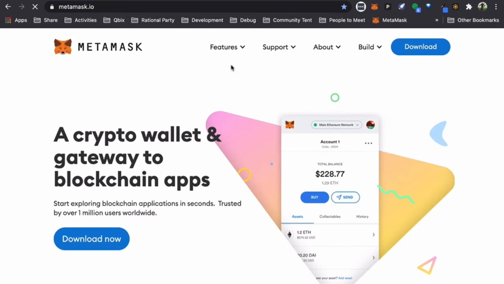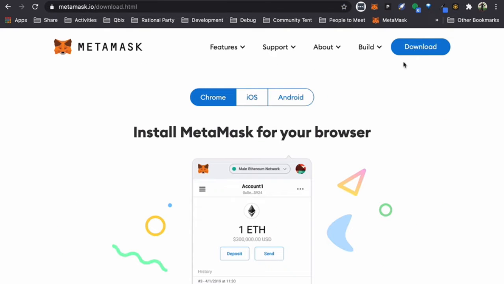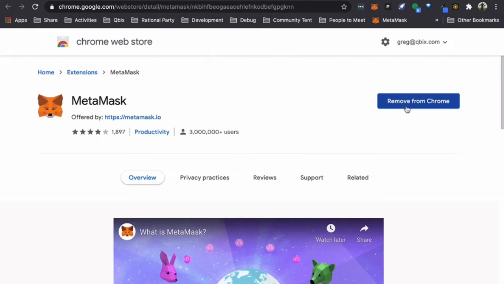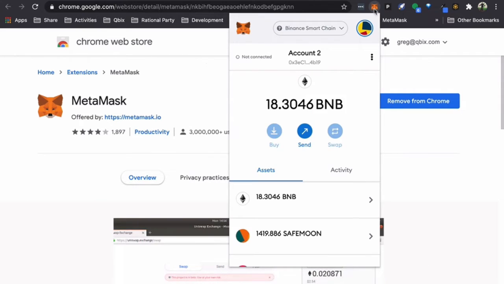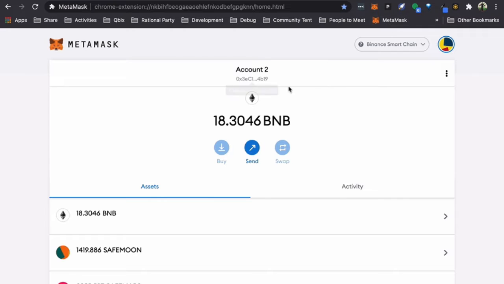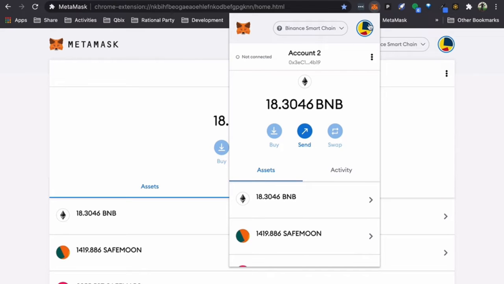So now we're on MetaMask. We need a wallet to interact with PancakeSwap because this is a decentralized exchange, right? And to use a decentralized exchange, you need to go straight from your wallet and trade straight from it. So here we have our MetaMask. Now I already downloaded it, but if you didn't, just make sure you download it. Take a look here, right? This is our account and it displays our balance. And you can see on the top right, it says Binance Smart Chain. And as you can see, when we click in here,